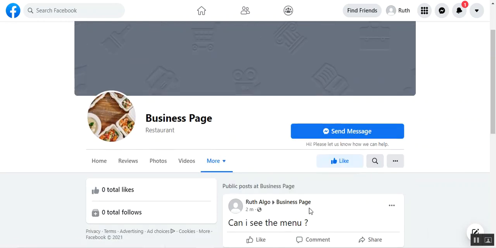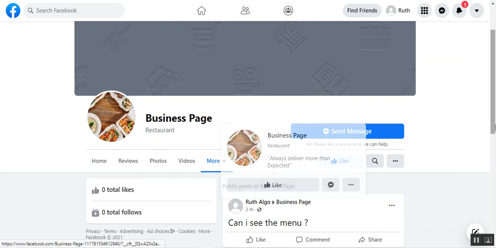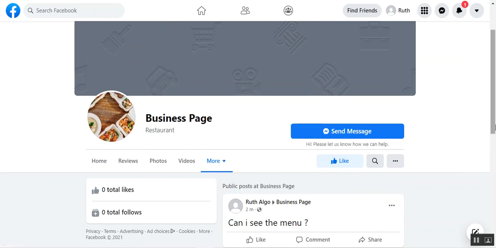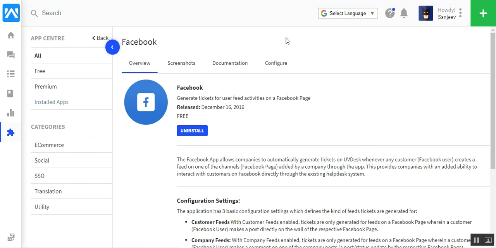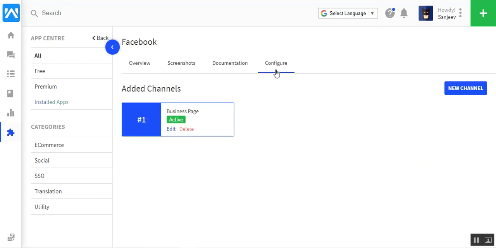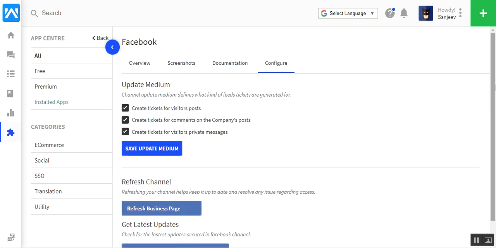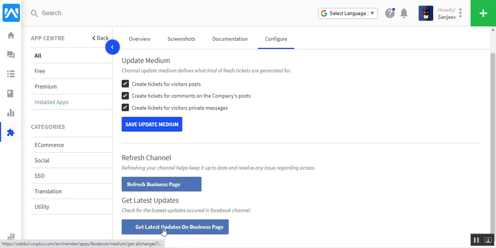Now for checking whether this post will get converted into the ticketing part or not, we are switching towards the UVDesk panel. Again we have to follow those steps manually: the edit option and get latest updates on business page.